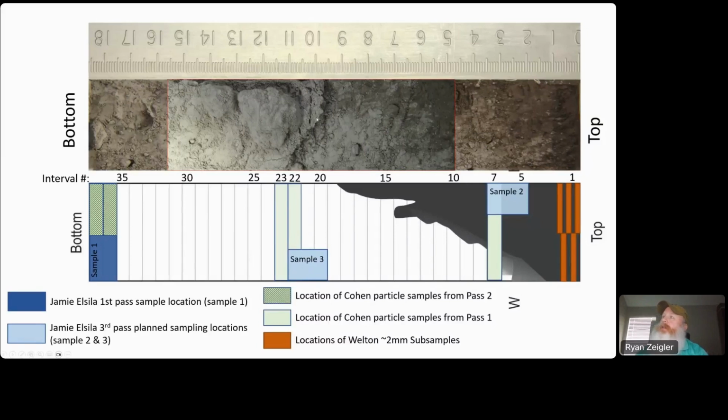You can see the dashed lines where they make cuts, and then they're scooping out the material. This schematic on the bottom shows how you plan ahead for things. Jamie wanted to look at the darker, more space weathered material versus the not space weathered material. So you had to be flexible in how you dissect the core, so that you're not just doing a straight line across at all times.